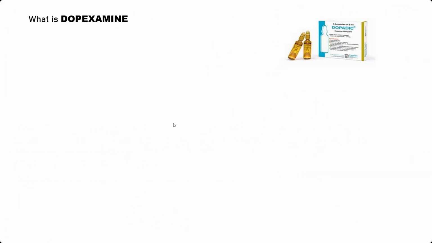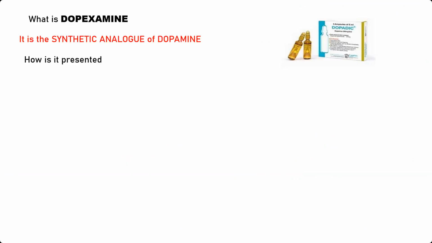What is dopexamine? Another synthetic analog of dopamine. Dobutamine, dopexamine and isoprenaline are the three synthetic drugs which I told you about in the first slide of classification. It is presented as 50 milligram in 5 ml ampules. Its mechanism of action: